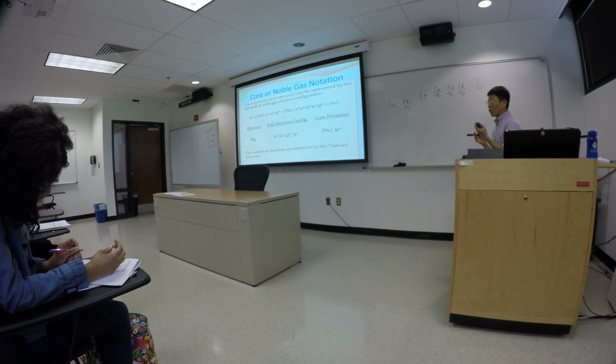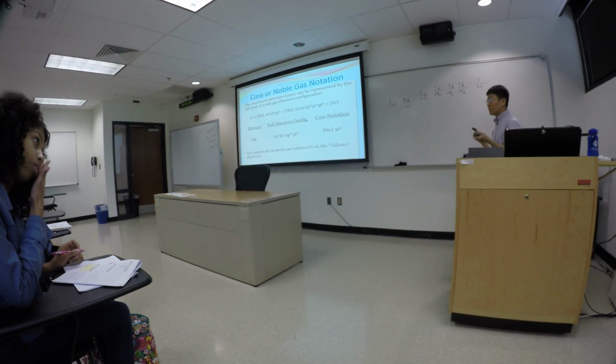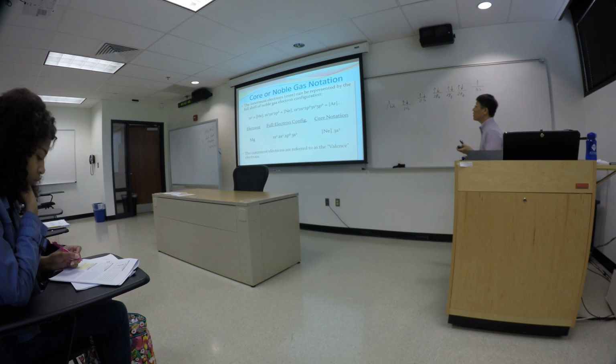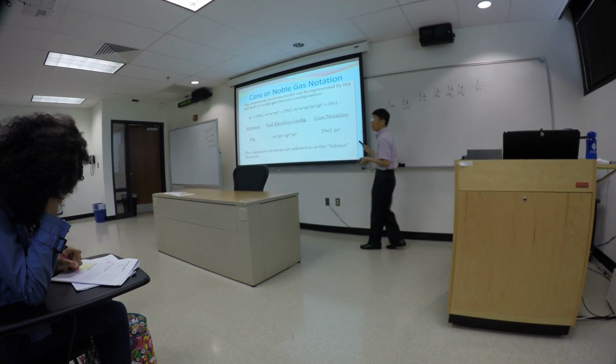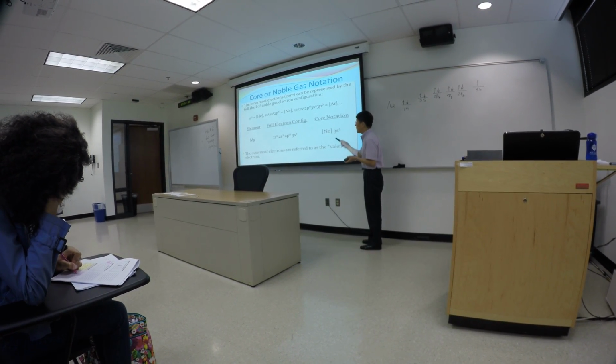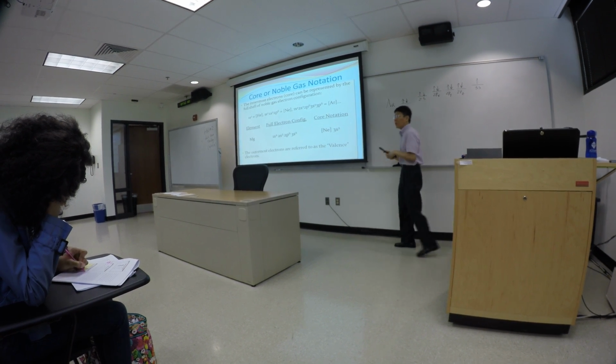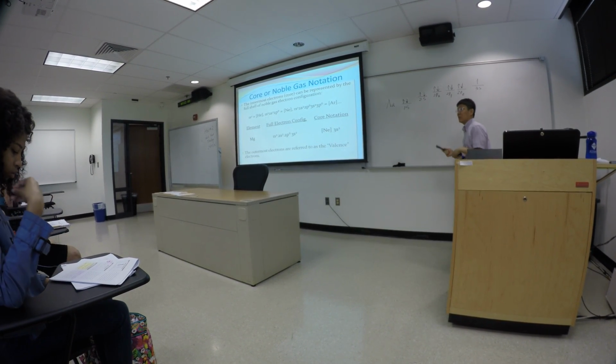Therefore, the core electrons do not participate in chemical reactions. Only the valence electrons participate in chemical reactions. And therefore, the valence electron determines the chemical property. And knowing the valence electron, number of